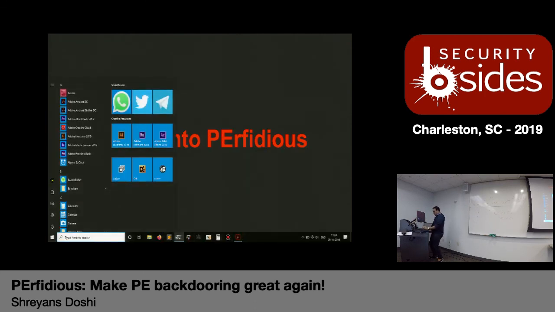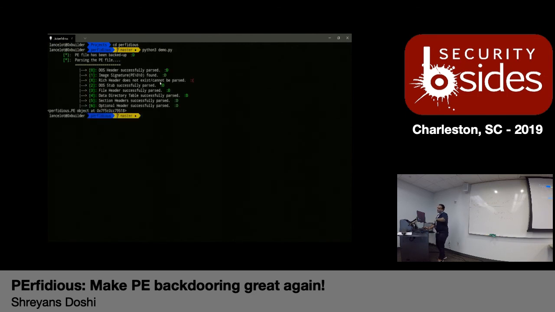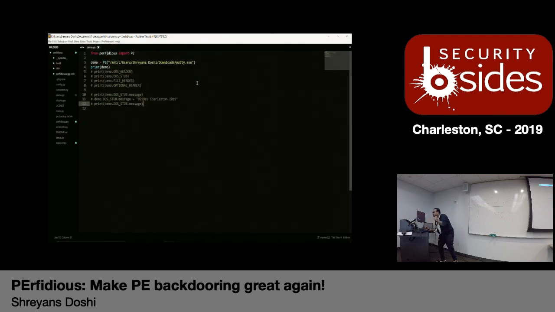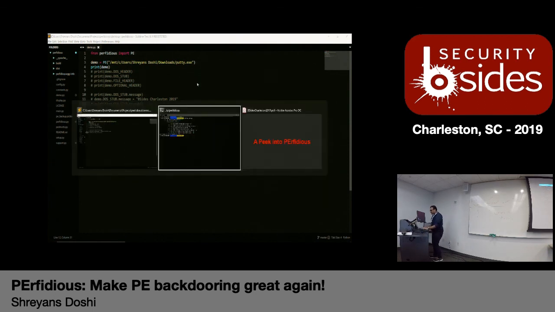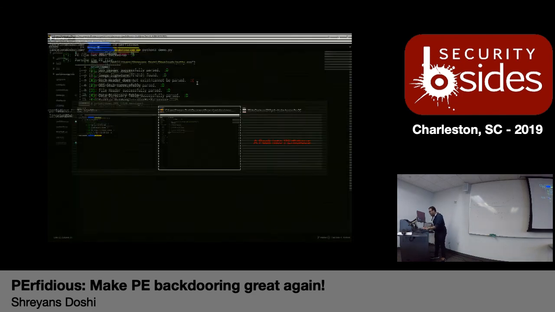Now, even though this program is not completely ready, I'll give you a demo of how it works. So this is how it works. You have the PE class structure, you pass in one of the PE files that you have, and when you print that particular class structure, it shows you all the things that it found inside it. It found the DOS header, it found the DOS stub. It did not find the rich header because it does not exist for this PE file. So it creates a PE object at that particular address.